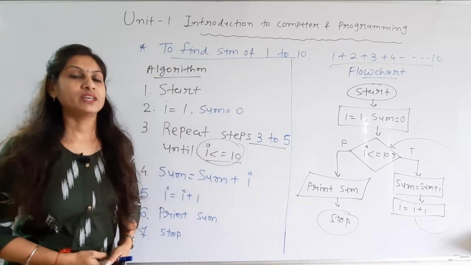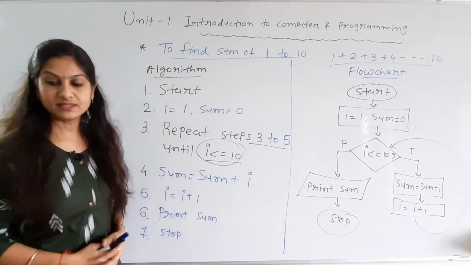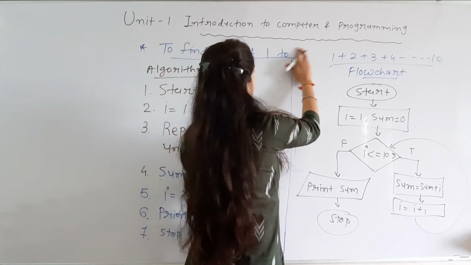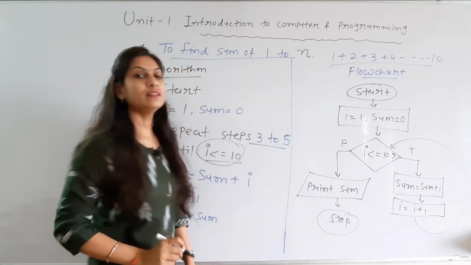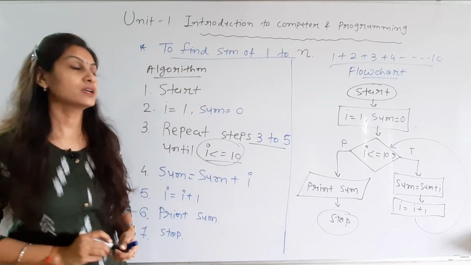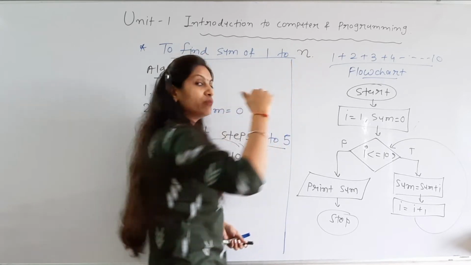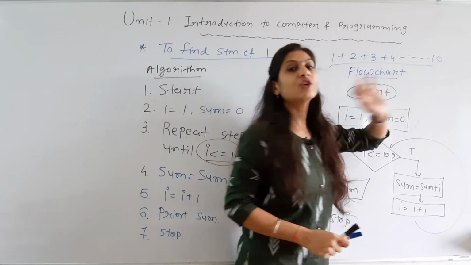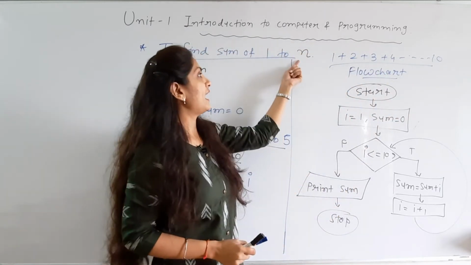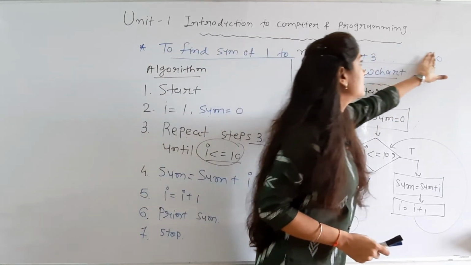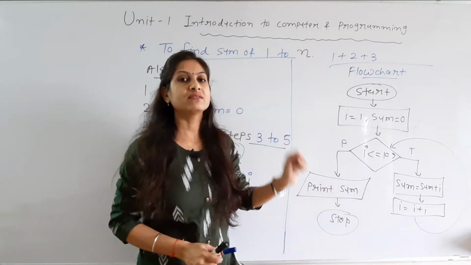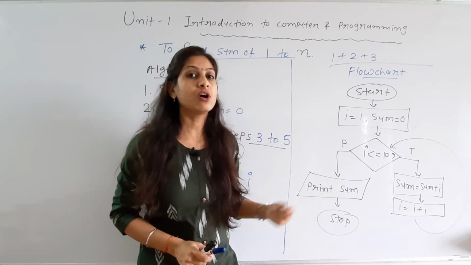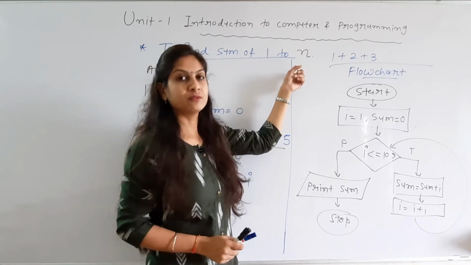Now suppose your definition is changed and this is like this, find sum of 1 to n. In this case, what do we have to change? The n is given by the user now. So our series 1 plus 2 plus 3 up to 10 is not fixed. If the user gives n equals 3, then our series is just 1 plus 2 plus 3. So this n is now our input, that is the choice of the user that runs this program.